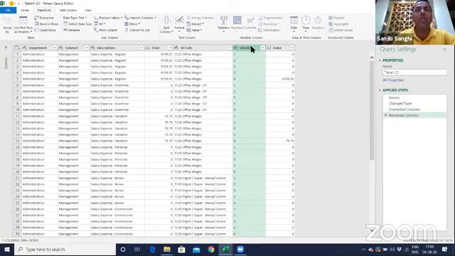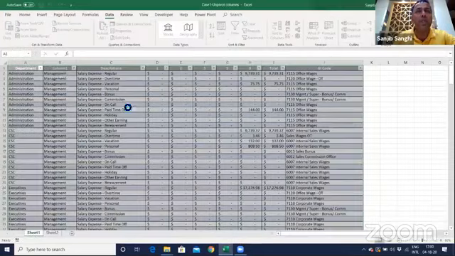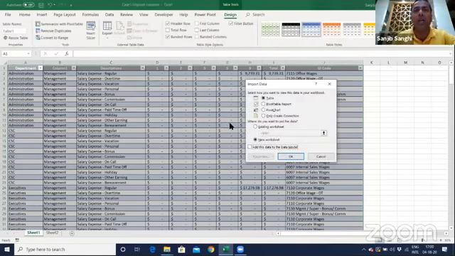This is case sensitive, so I need to make this Location. And now I can do any pivot of this. Now this data is already here in a query table. I can go back and load this table, close and load to. So this has become a table structure, and I can load this into a table format. I can do a pivot chart of this. I can create a connection, which means I don't want this to be loaded into a table. If I want to have multiple files working together, I'll create connections, and I can add this to data model if I want a pivot chart. But right now, I just want a table of this. I'll hit OK.